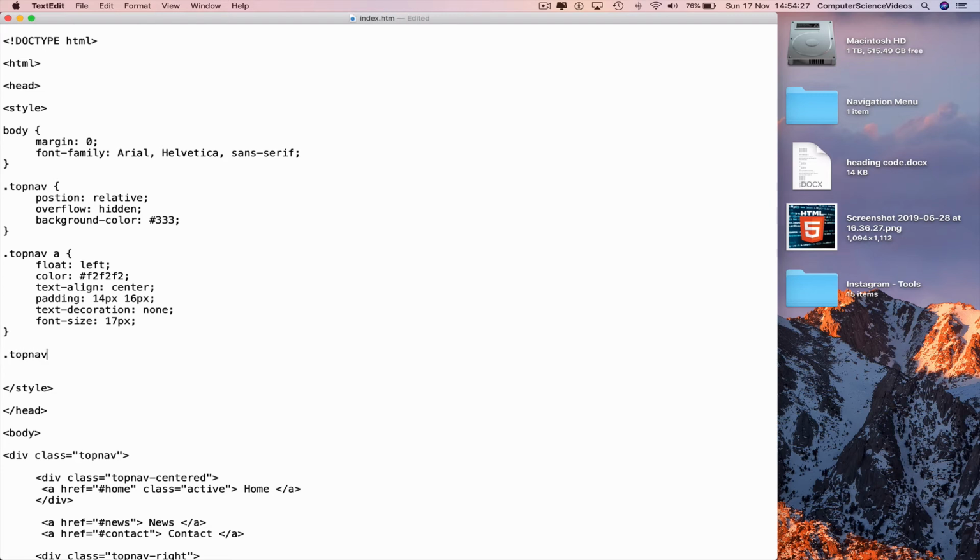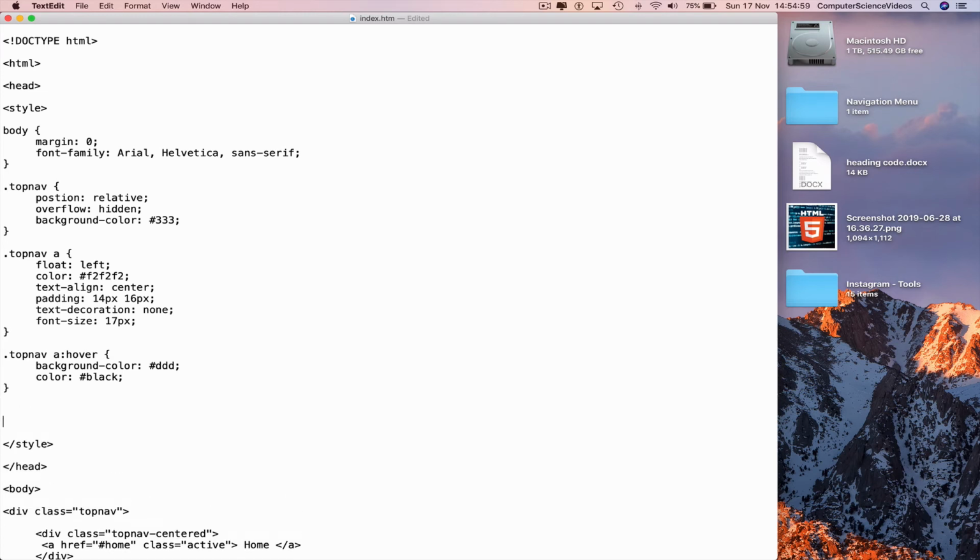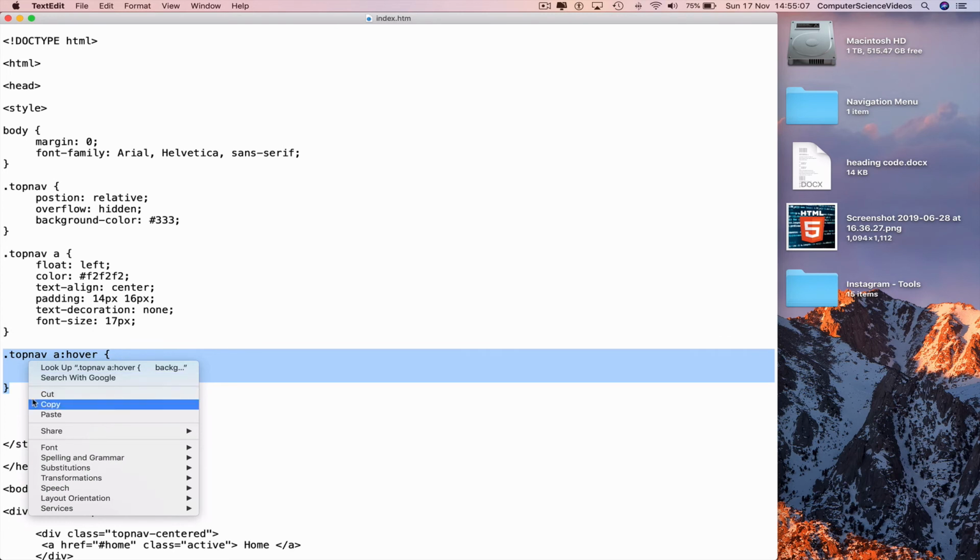Dot top nav A hover, curly brace, new line, background color and color. Take the lines of code from the previous lines of code, and now we can change background color to triple D, color to black, go to a new line, curly brace, go to a new line again. Take the previous lines of code, highlight, copy,